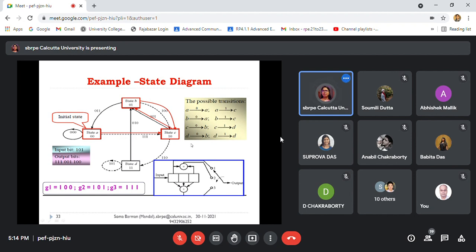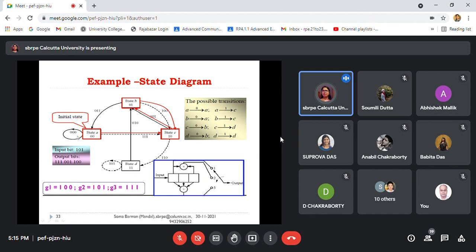Now in this case, your states A, B, C, D, the same 4 nodes, are given, because here your constraint length is 3. So K minus 1, that is 2 memory elements, so obviously 2 to the power 2 into 1 input, that means 4 states: A, B, C, D. So for the 0 input, state A transitions from A to A. It does not go to another state. That is a self loop. See here, state A, 0 0. So it is a self loop.